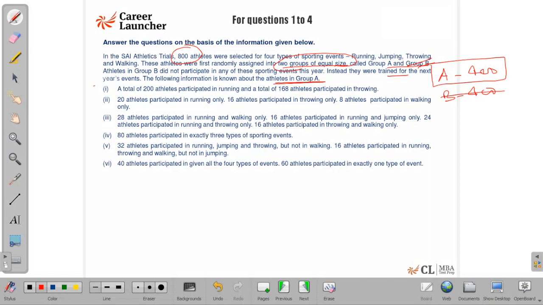Secondly, even before we go here, let us be clear, is it that this is a data set of Venn diagram set theory of 4 sets? Okay, why 4 sets? We have running, jumping, throwing and walking. So if we have got 4 sets, you should be able to make a Venn diagram of 4 sets. Let me just give it for those of you who are not aware. The right way to create a Venn diagram of 4 sets is this.